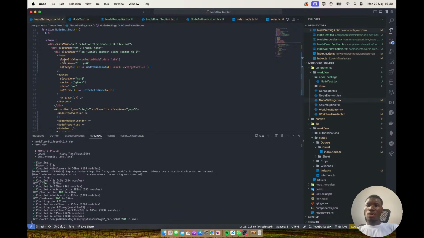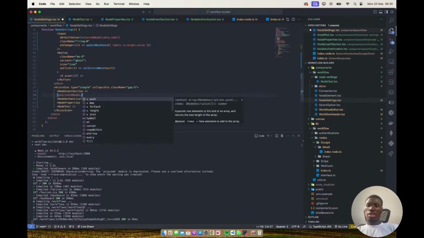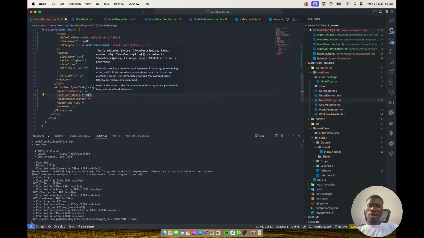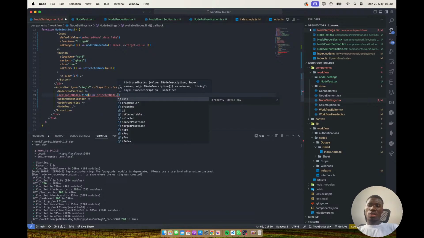So what we have to do is availableNodes dot find where the selected node dot id equals, not id actually, selected node dot data, data